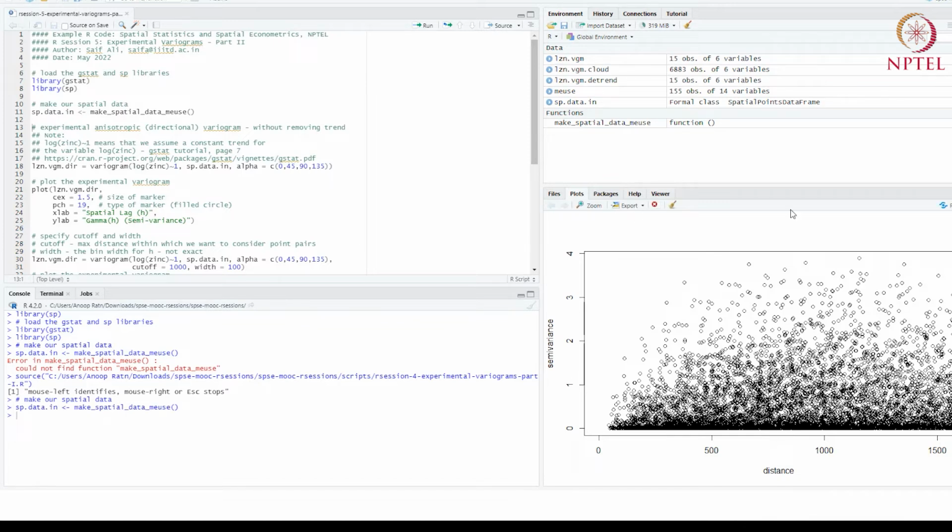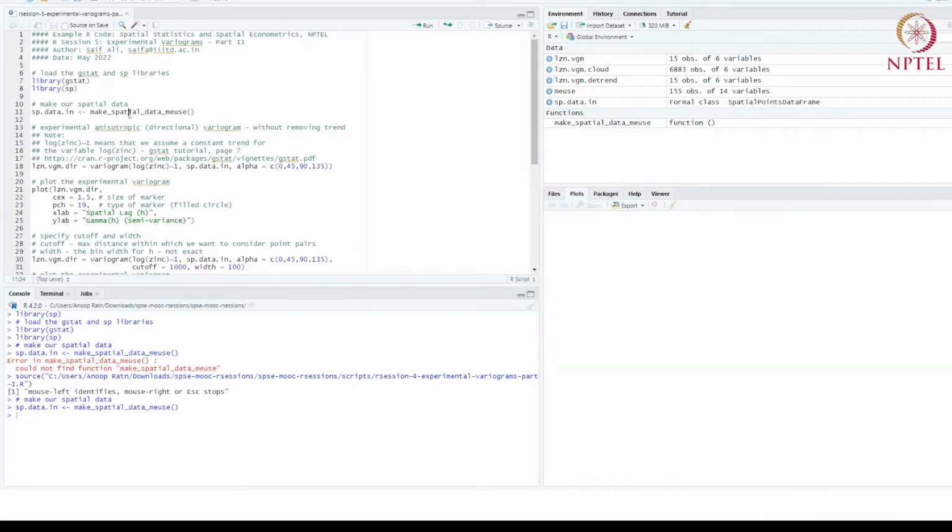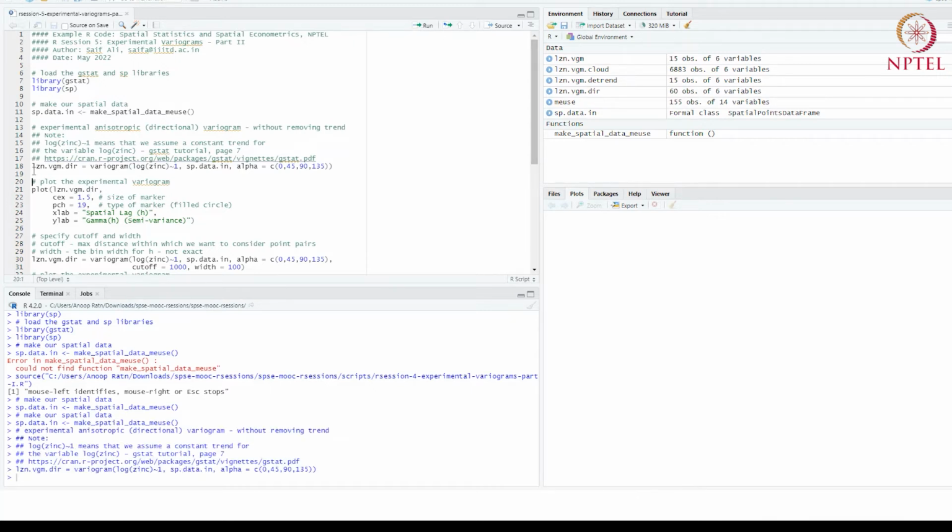Let me get rid of this, sorry. So let's make our spatial data. Now look at this line of code, the one that I just ran. This is the variogram function. You know this already. This is log of zinc, assuming a constant mean. Typically, if we do directional variograms, then we assume constant mean.